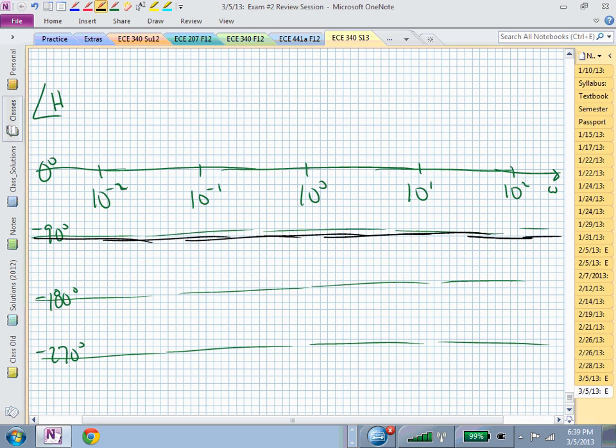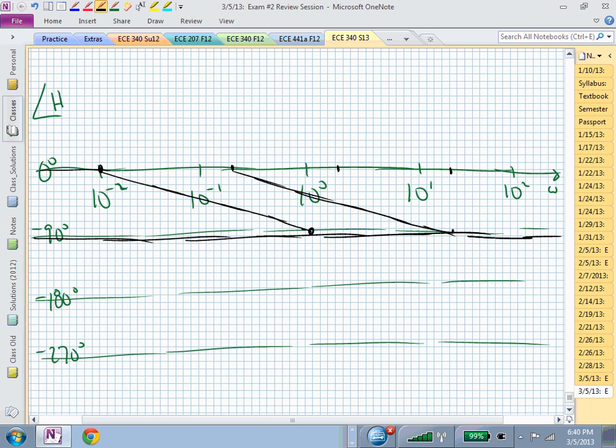We had a pole at 0.1. So that's going to give us 90 degrees of phase transition between a decade below that and a decade above that. Meaning it's going to give us this piece. We had another pole at 2. That's right here. But it's going to kick in a decade below and stop a decade after. It's now going to give us something like this